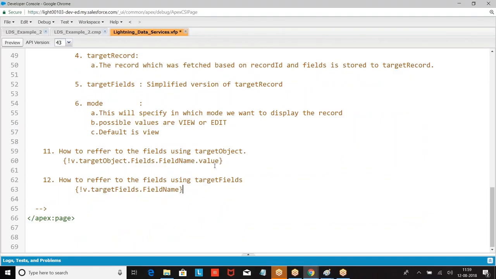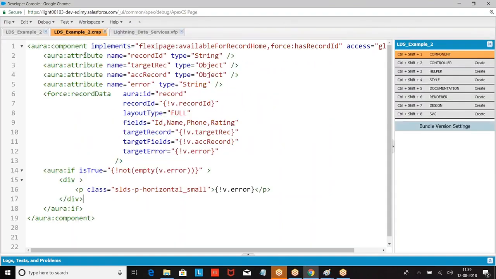If it's target fields, it is v.targetFields.fieldName. That is the reason we use target fields more often. Which is more user friendly? The second one. That is the reason we are taking the second.